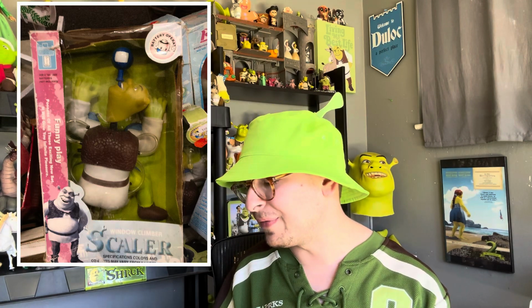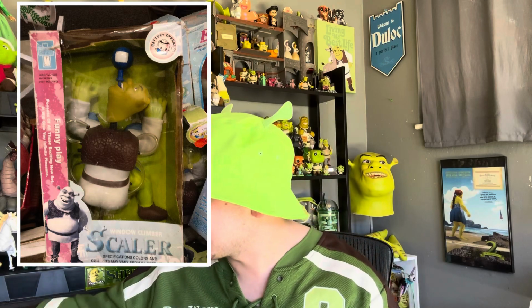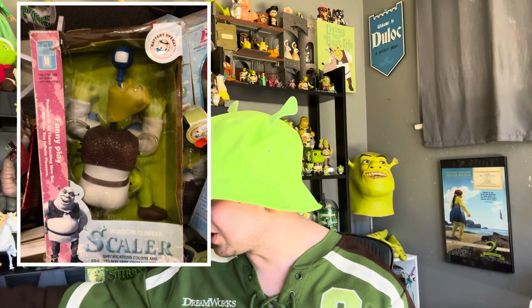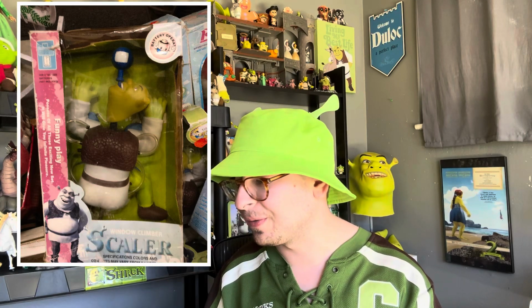And keep in mind, this toy is from 2004, so I don't even know if the Shrek font was publicly available. Did the bootlegger make that font? It's really good, and they've even got the orange on the packaging. All the Shrek 2 toys extensively used orange. This is something the bootleggers never get right. They always go with green, but this one uses the orange that is pretty close to the real deal, so maybe this bootlegger had access to the Shrek press kit and used official iconography from the toys. I don't know, but